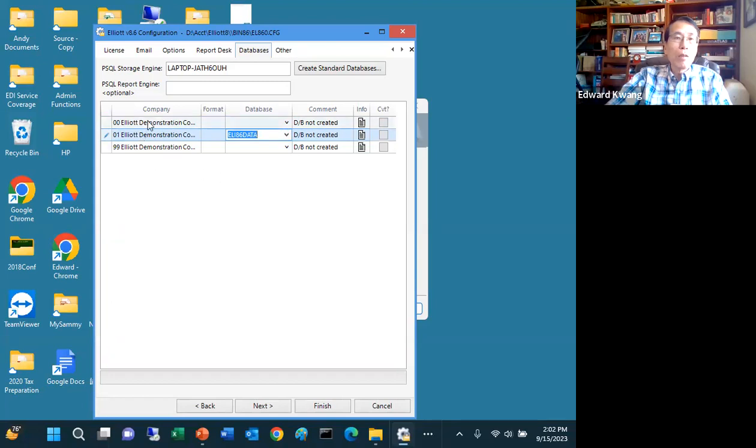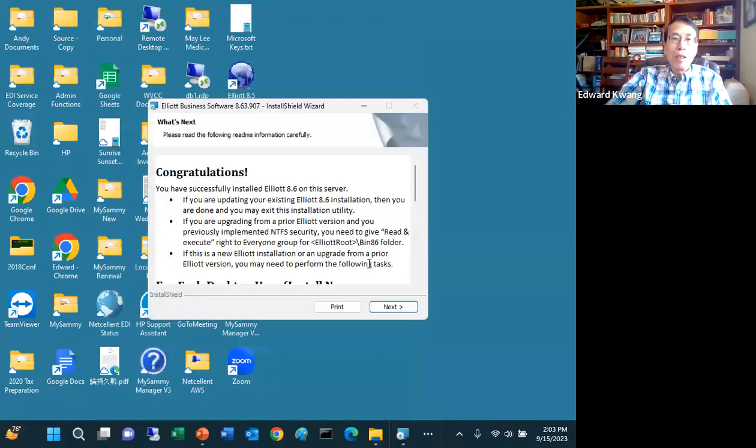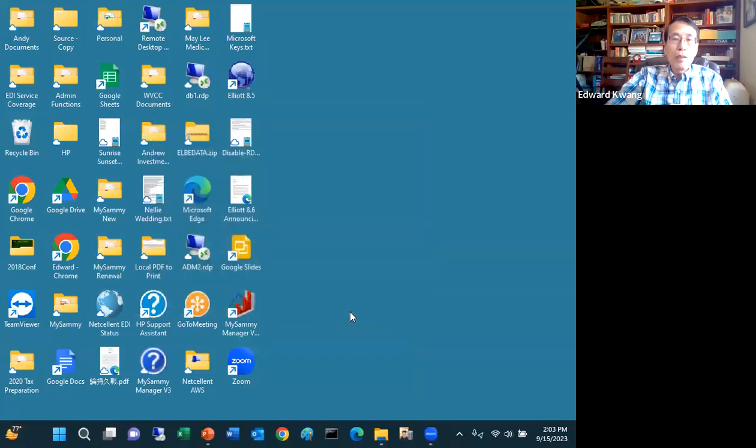I did not create one for the tutorial and data 99, so I won't be able to select a database for them. So that's basically what I need to do: link the database to the particular data folder. And now I can use the relational features for that particular company. So I'm going to say finish now, okay? The configuration is updated and I'm done with my installation. So now Elia 8.6 is installed, but how do I run it, right?